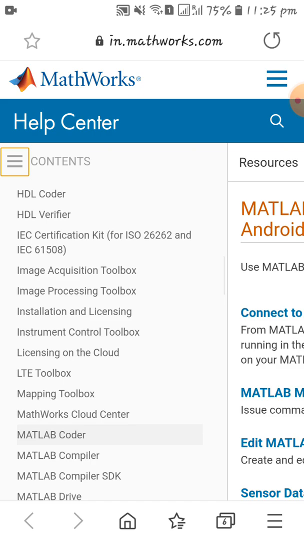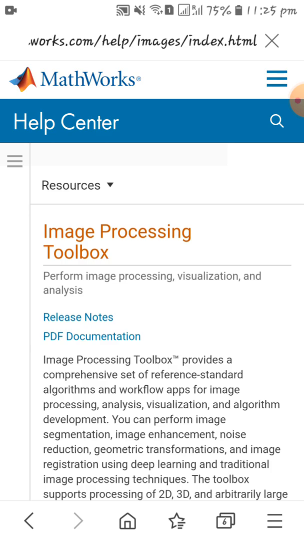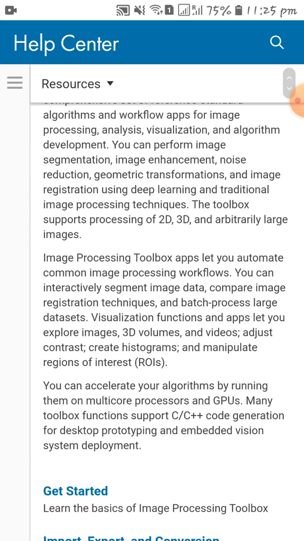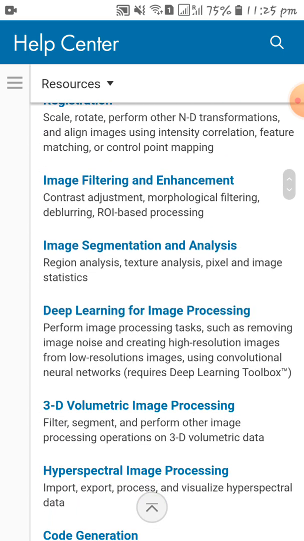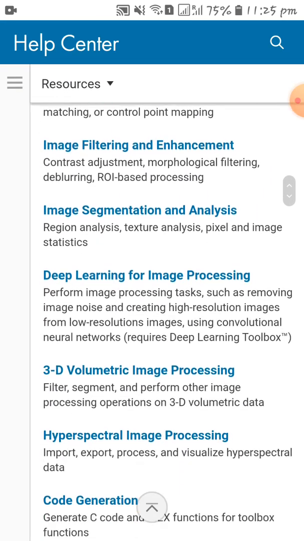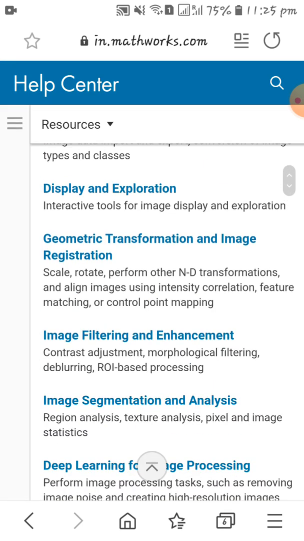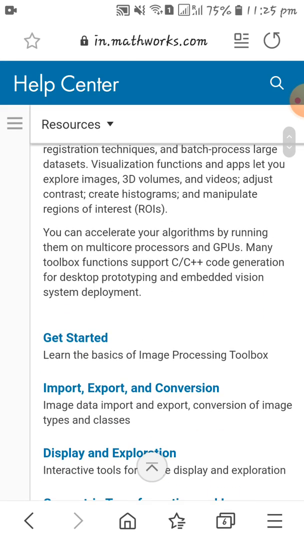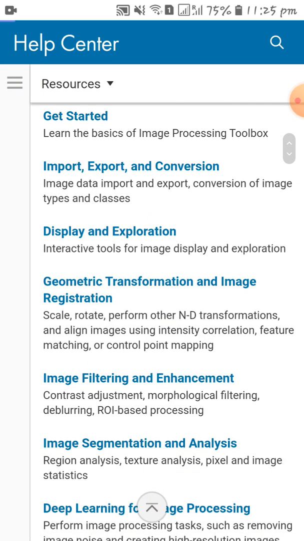You can just go to each toolbox. So you have the image processing toolbox, image acquisition toolbox. Whenever you guys have free time, you can just go and check out each toolbox and try to run the codes that are given in the example. That will be very useful for your mini project. You can see that for each topic there will be a separate example. Each command will be explained in the documentation. So everything will be available in the documentation.